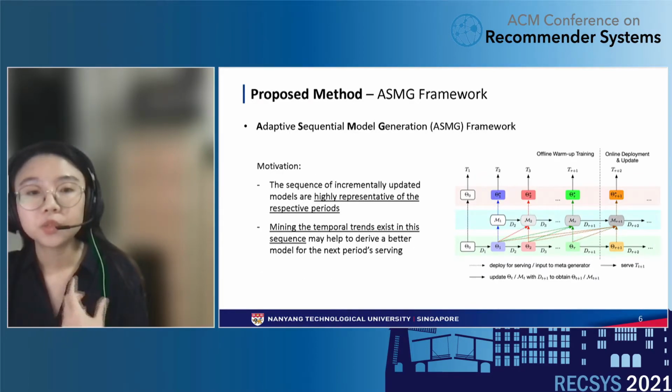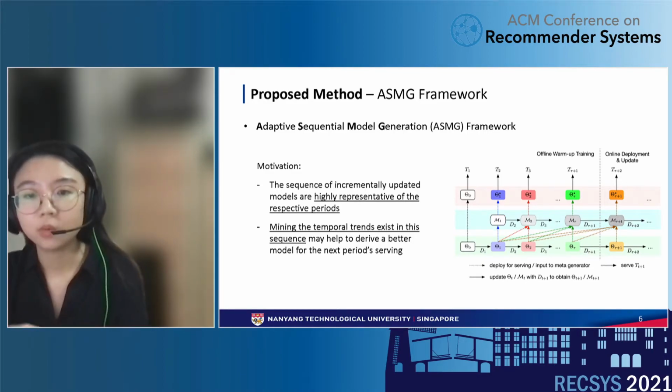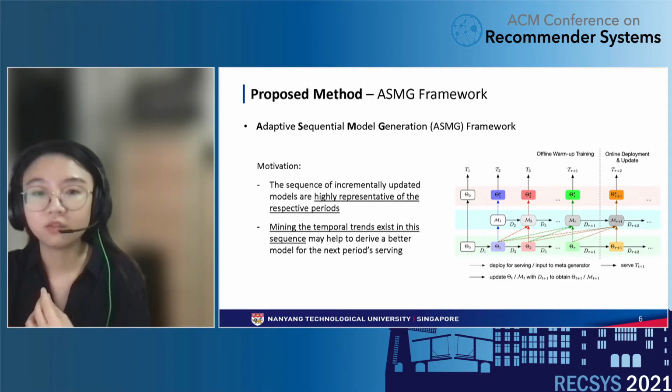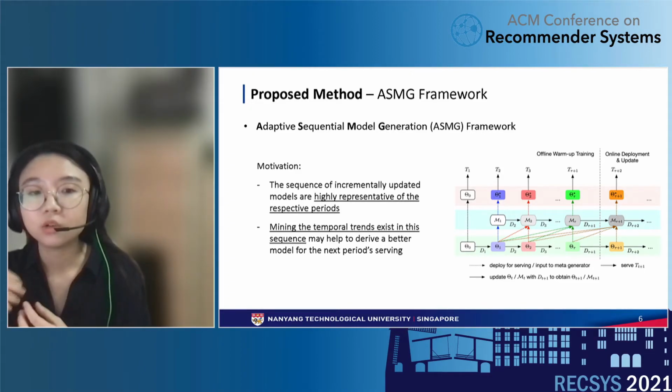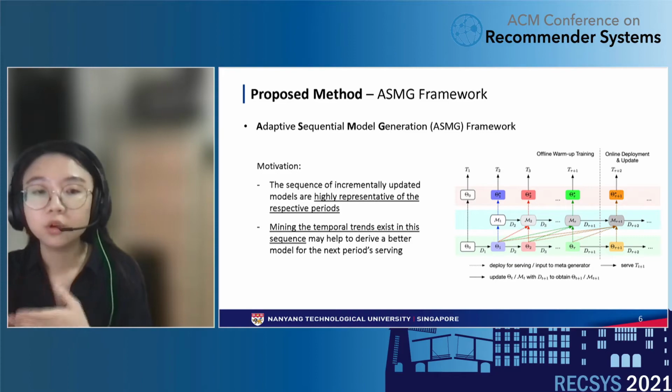Hence, we introduce an adaptive sequential model generation, in short ASMG, which uses a sequence of historical models to generate a better one for the next period serving. The motivation is that since the incremental model at each period is only trained on the data of that specific period, it can be seen as a very good representation of that period. So given a sequence of incrementally updated models, we are able to extract the temporal trends that exist in this sequence, which may be very helpful for generating